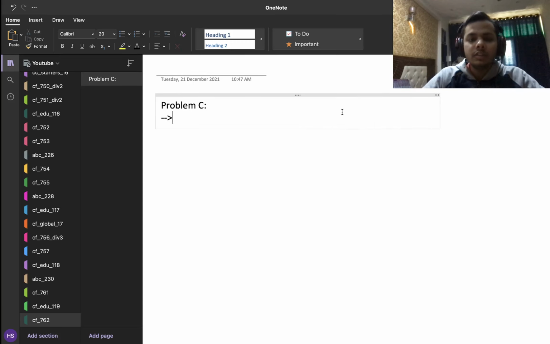So the first thing to do here is to obviously look digit by digit. But since we have two numbers, it makes sense to convert these numbers into strings because we are looking at their digits. Obviously there are various ways to do it. You can just keep dividing a number by 10 and take its remainder by 10. That way again you will get a digit. But the way I prefer to do it is to take these numbers as strings and then iterate on them digit by digit, right? So we will look digit by digit from right to left.